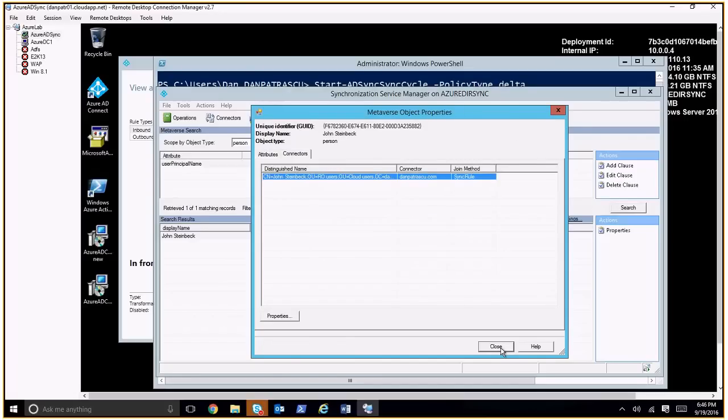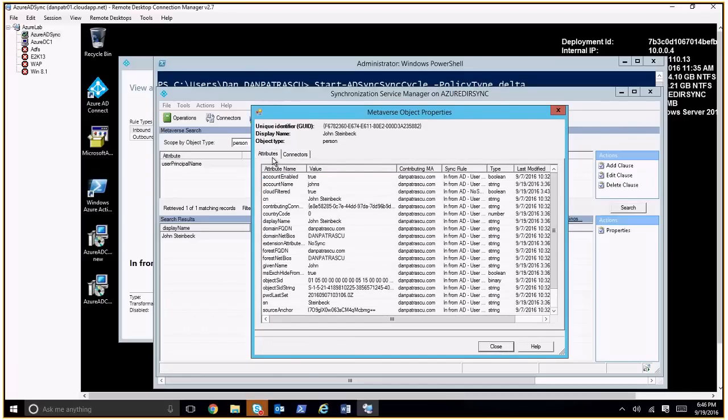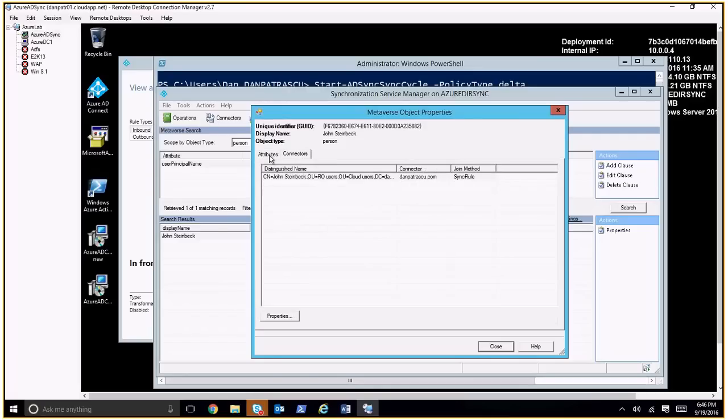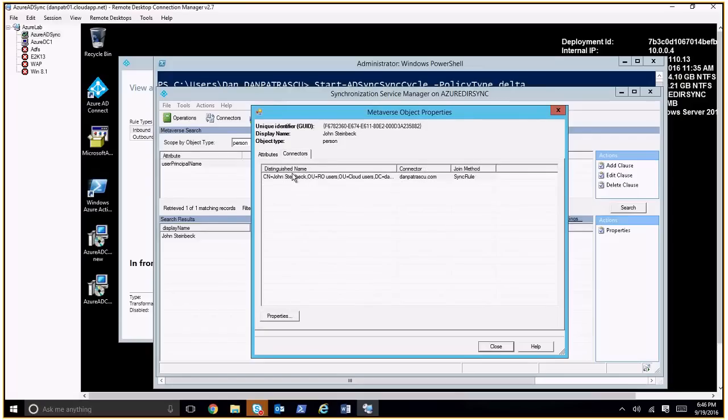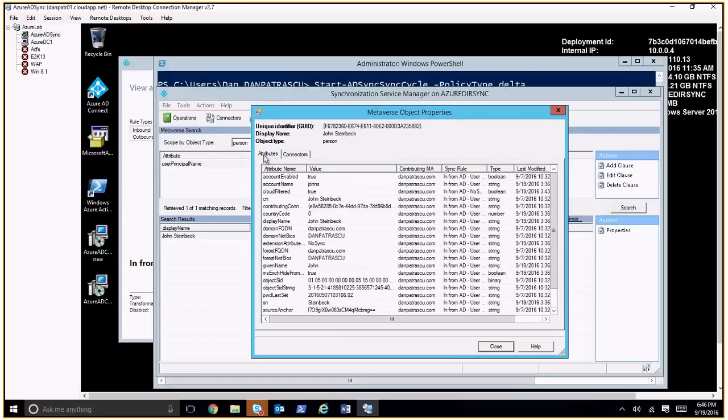So very important, what you can do always when you have this type of information, that okay, a user is not synchronized, and maybe you also got information the user was synchronized until yesterday or until the day before, and right now the user is not in the cloud anymore. Then you can go and check in this database to see that user, and if you see that there is only one connector here, then it means that the user is filtered. However, here under the list of attributes, you will see also the information that cloud filtered is set to true. And this is the 100% clue that this user is hitting a customized